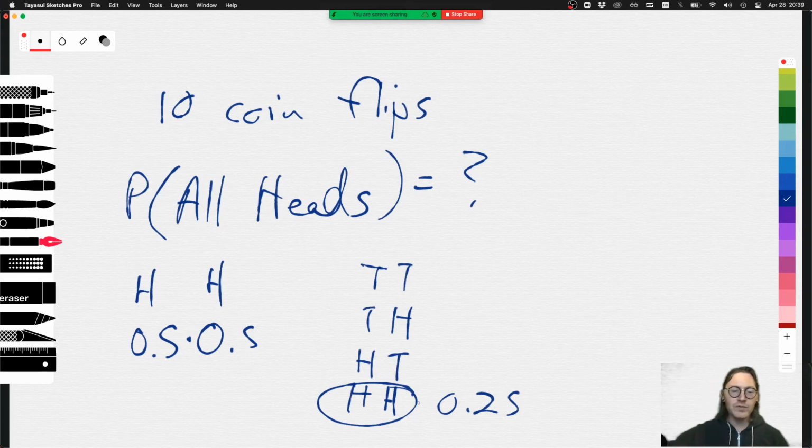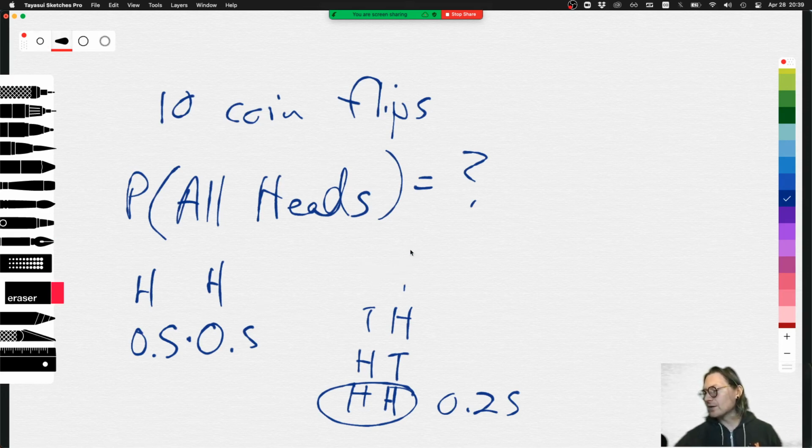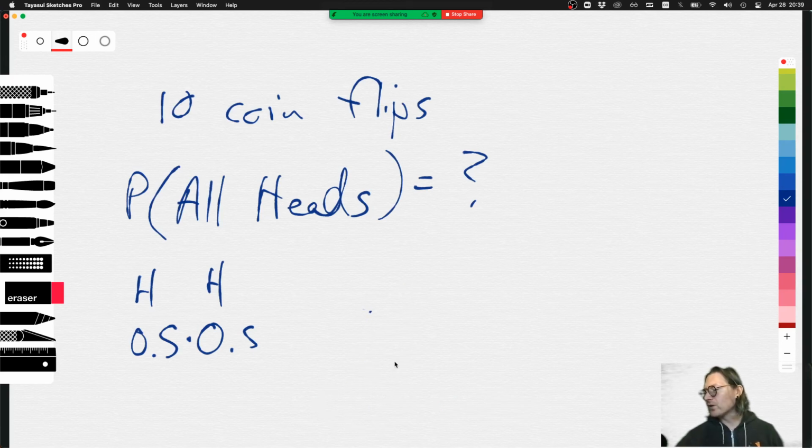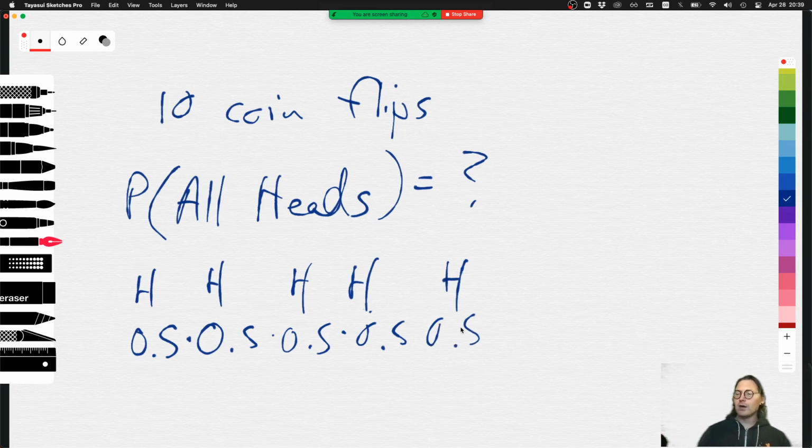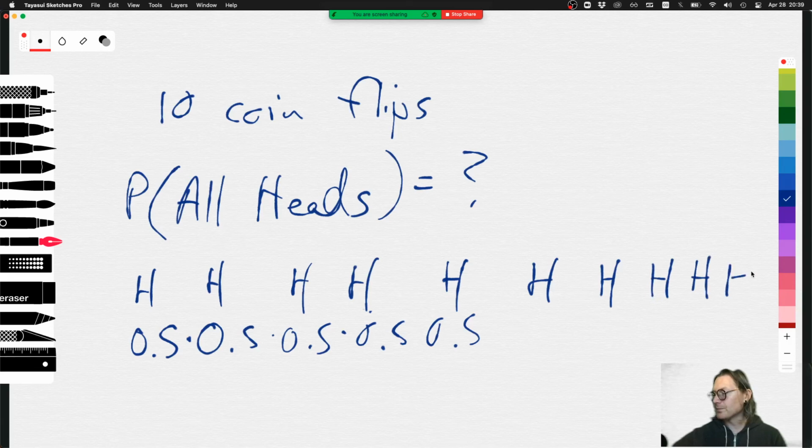We could tack more values onto this, and what we would continue to see is that we could just, in fact, keep doing this, right? 0.5 times 0.5 times 0.5 times 0.5, and so on. So this is a specific permutation, right? If we have 10 of these, this is a specific permutation of flips. There's 10 of them. And this is going to be 0.5 to the 10th power. However, we can think about this one by one, and we can say, well, this is going to be 0.5 times 0.5 times 0.5 times 0.5 times 0.5. Now,